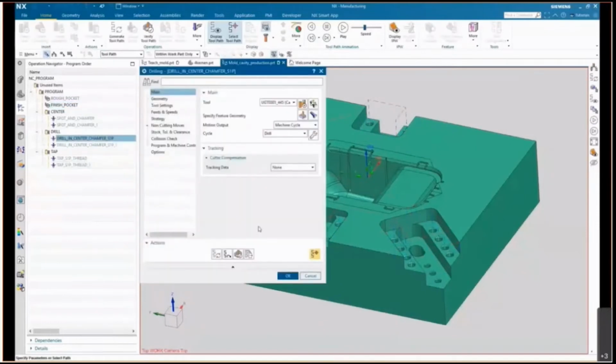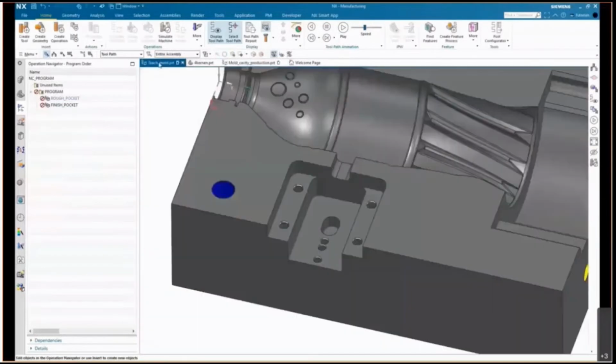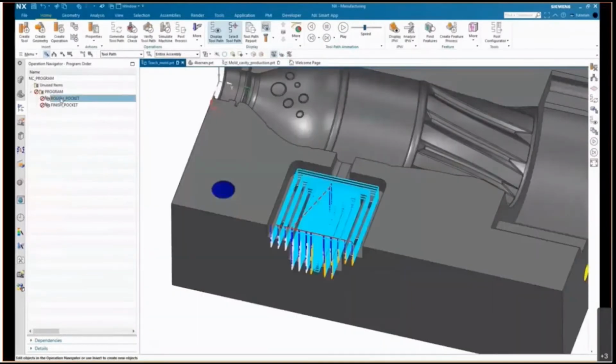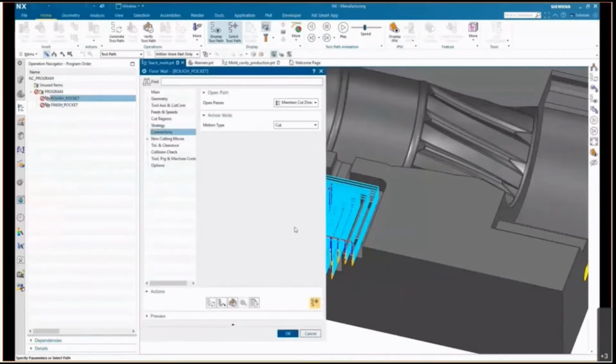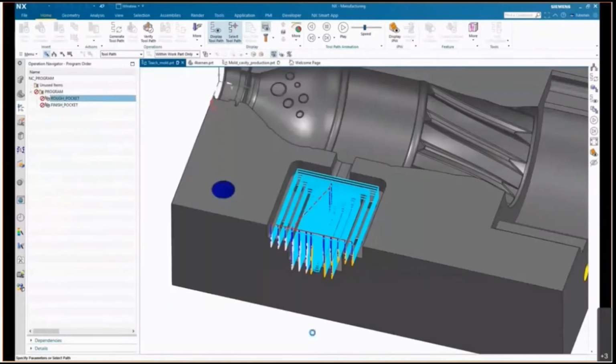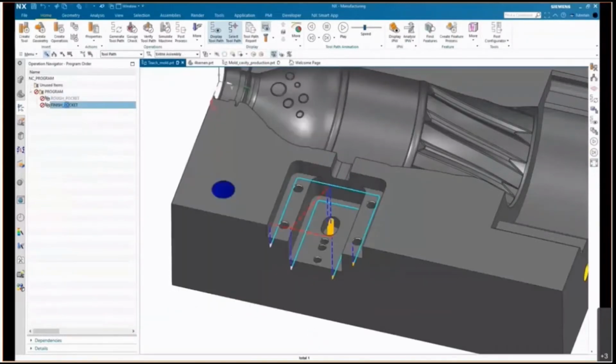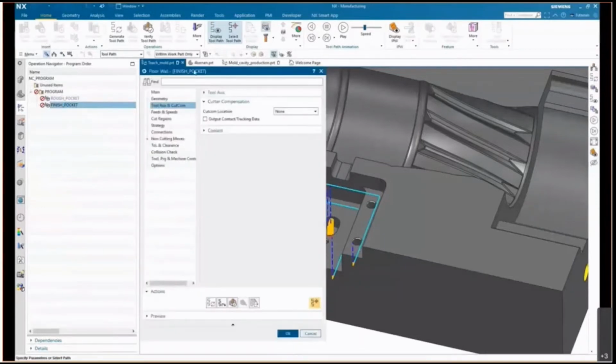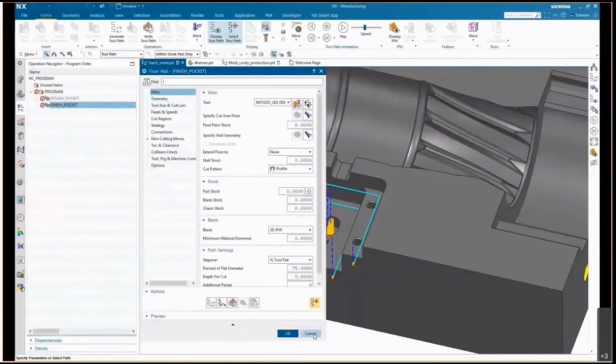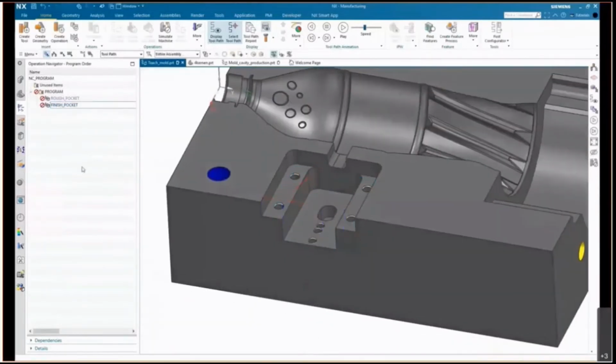Of course, these will be the normal operations, but now I'm going to show you how to get there, how to get that automation. This is my teach part. It's in a different mode with some predefined operations in here, also normal operations just created by NXCAM. Next step will be that I'm going to teach NXCAM to recognize this slider geometry.